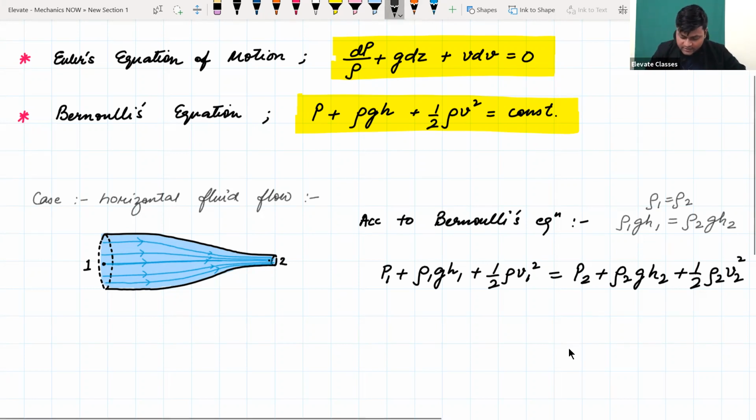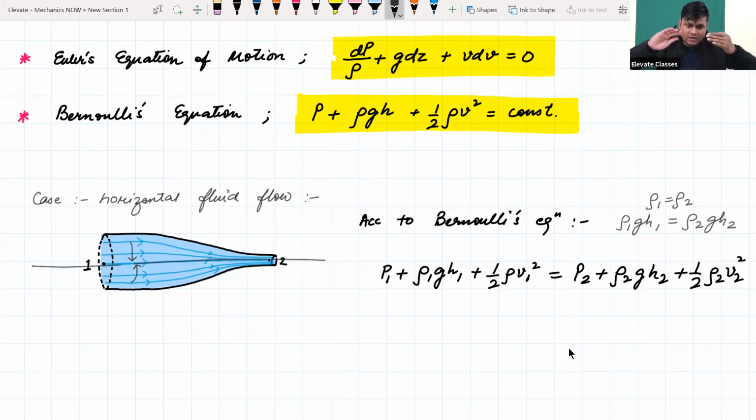So that means if you look at this streamline, there is a decrease in height over a period of this motion. Similarly, for this streamline, there is an increase in height over the period of this motion. So there is an equal amount of height compensation that takes place based on both these two regions. If I divide the entire region by some horizontal axis, there is an equal amount of streamlines above it, which decreases by a particular height, and there's an equal number of streamlines below it, which increases in a particular height. So what essentially happens is that these two quantities cancel out